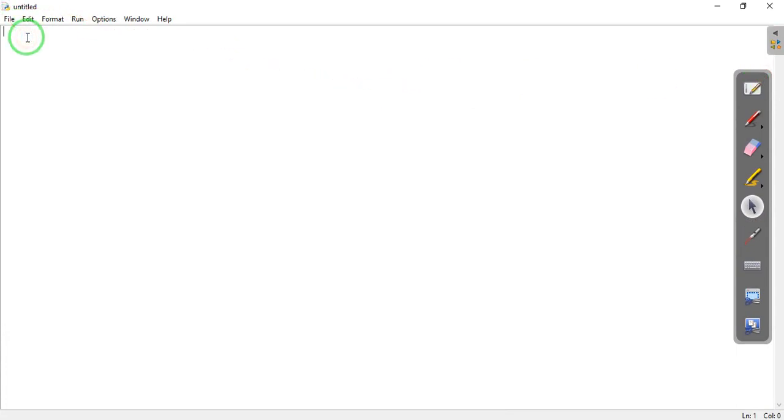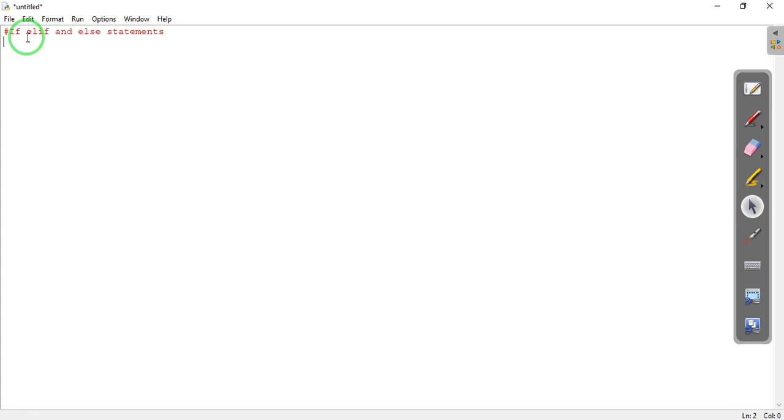Here we will write a comment: if, elif, that is else if, and else statements. We will see one by one, and I will explain how we are going to get it. Now let's go for some program. Let us write a program to print whether the given number is positive, negative or 0.